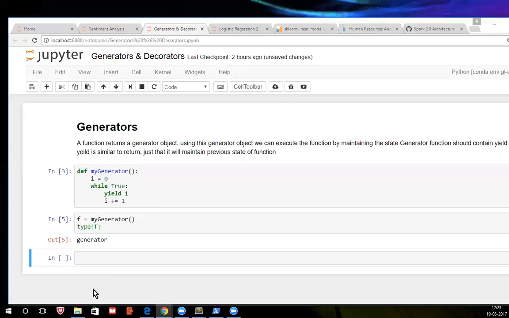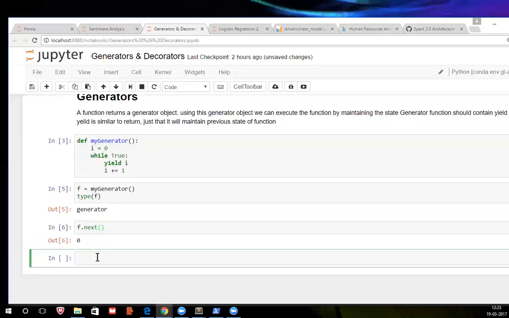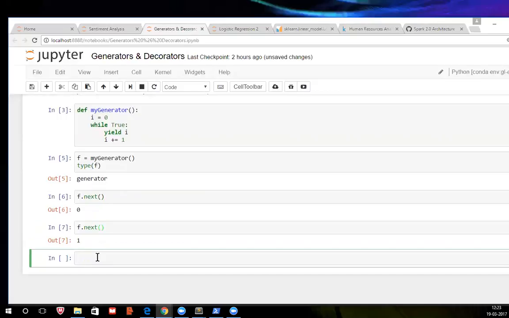That is how it should return. So to do that, what do you have to do? This will return a generator object, and whenever you do a next,